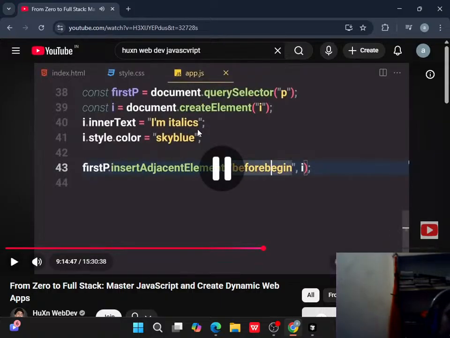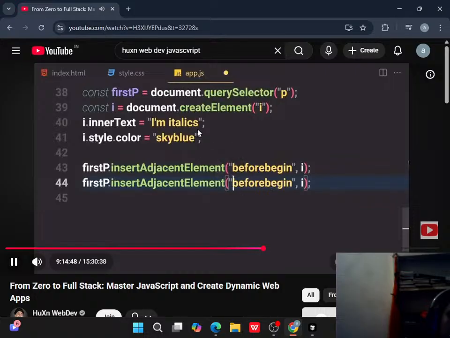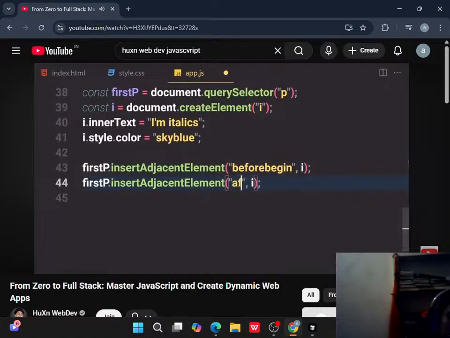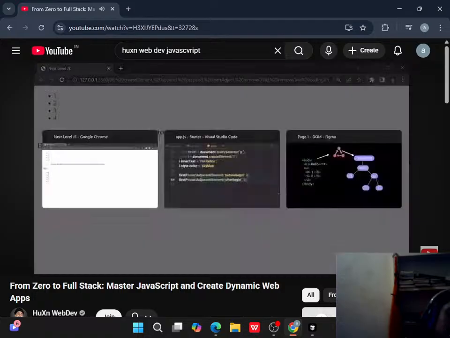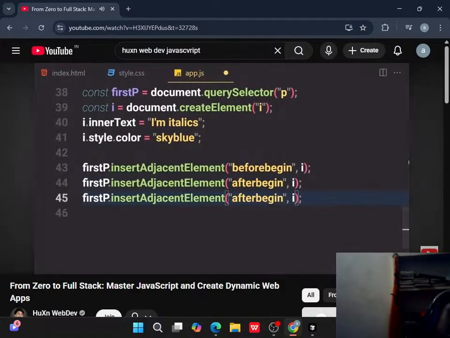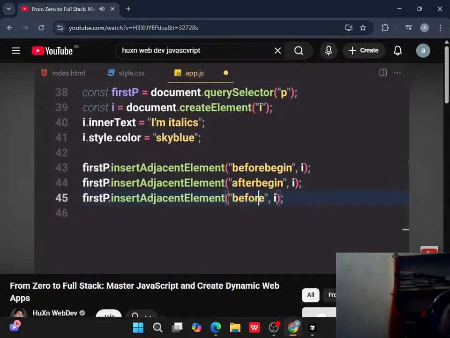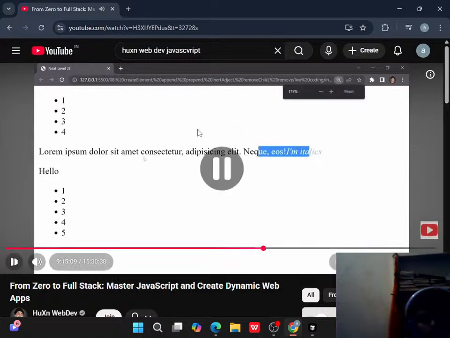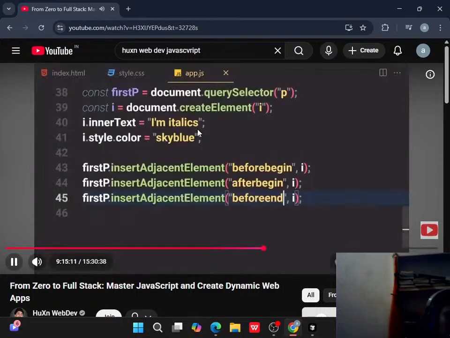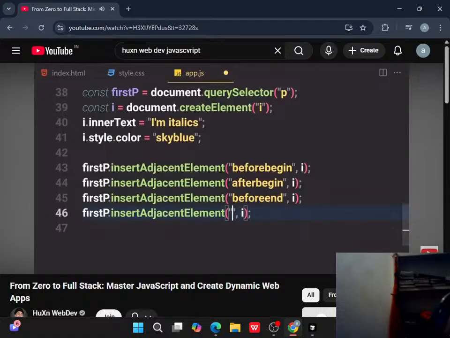I'm going to duplicate this line of code and change that to afterbegin. Now if you save that, it will place it right here, after it begins. I'm going to duplicate that one more time, and then we have beforeend. Now if you save that, it will push it right here before the end of that line. Now if you duplicate that, we have a final